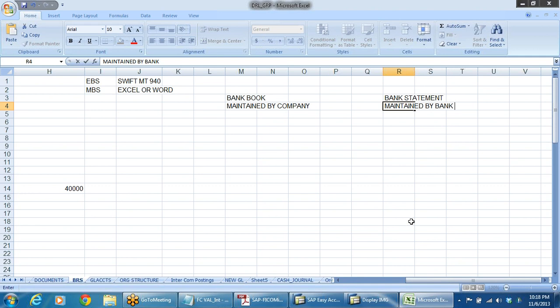Nothing but our transactions. The banker will give you this statement, as on 31st of October, the balance available is this much. Now, when you compare the balance given by the banker and the balance that you maintain as per your bank book, they will never tally, will never match each other. Why? There are several reasons for that. The main reasons are, number one,